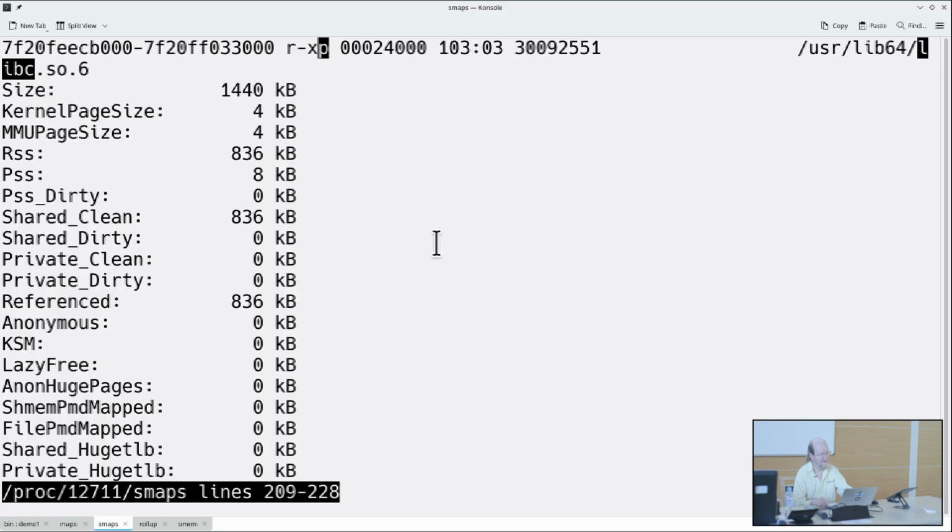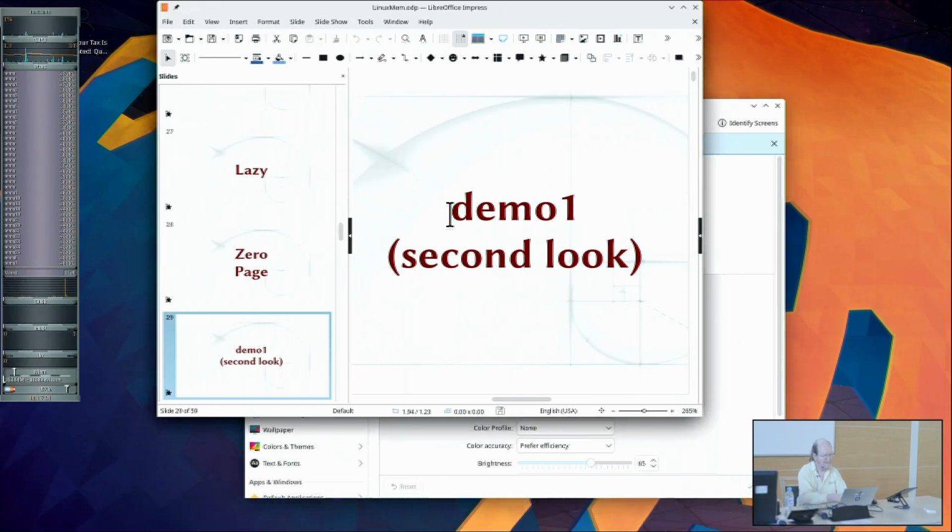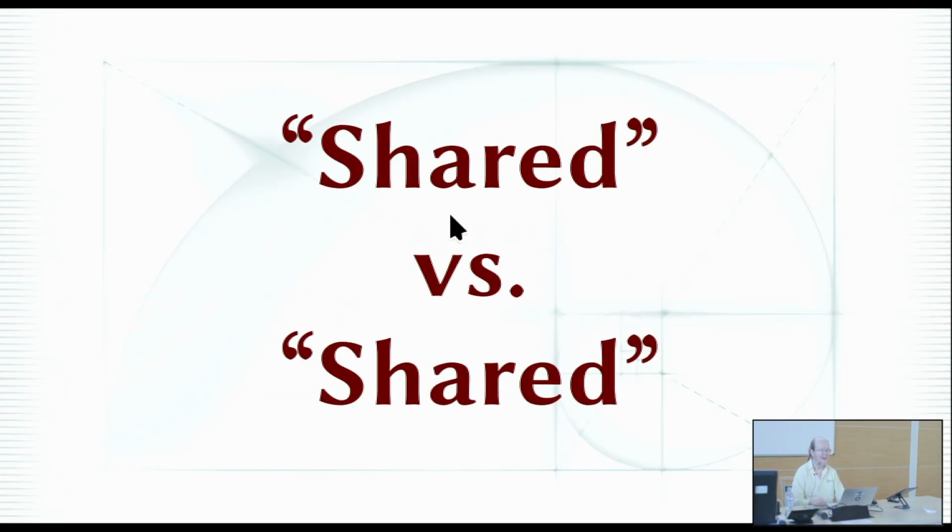So you have to be careful about that word shared. So the one shared is what semantics you are asking for when you mmap,